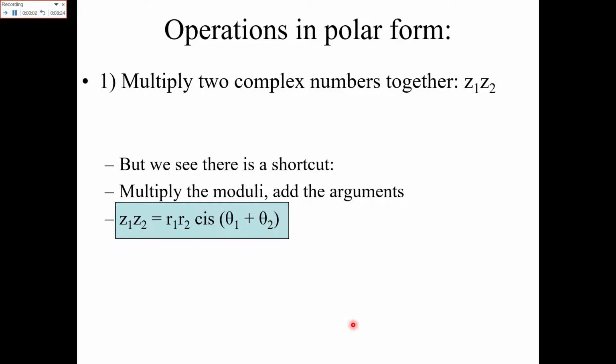Now the multiplication in the polar form. Just like in simple form, we can also multiply two complex numbers in their polar forms. If we have two complex numbers z1 and z2 and you are asked to multiply these two, then z1 multiplied by z2 would be equal to r1 r2 cis theta 1 plus theta 2. We'll expand it. This will become r1 r2